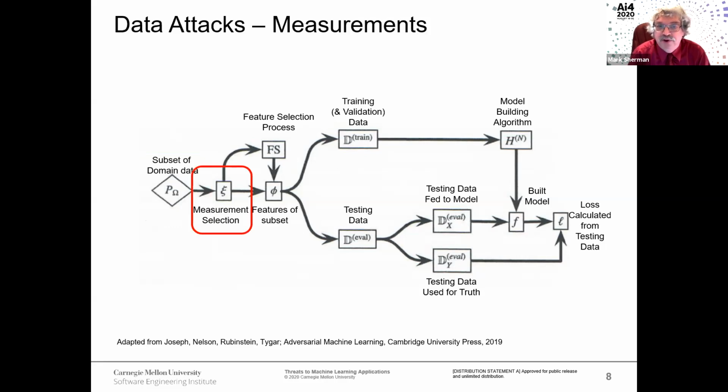So picking the right subset of domain is one place that you can attack it. You can attack it by figuring out which measurements to use and altering them. So take, for example, our bananas and oranges. You might say the two things to look at are how long the fruit is and what color it is. If you pick, or force something to be picked, that's not very distinguishing,